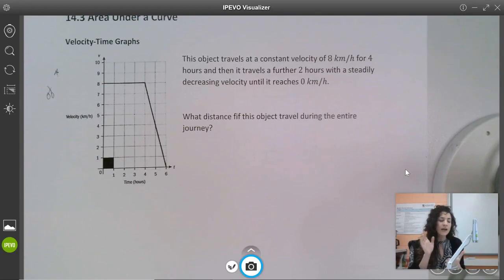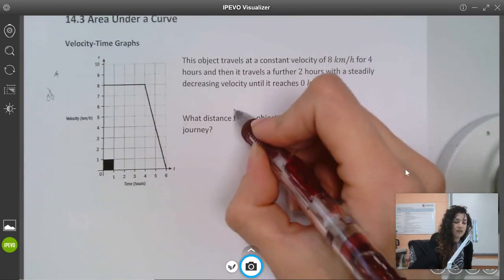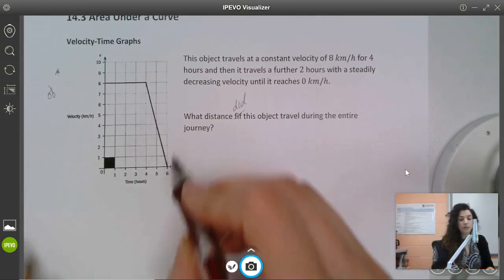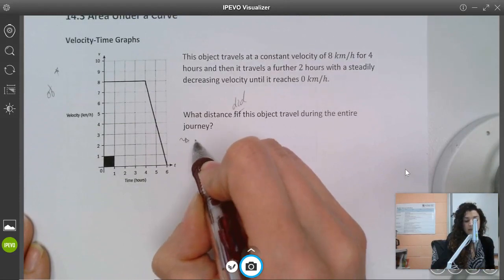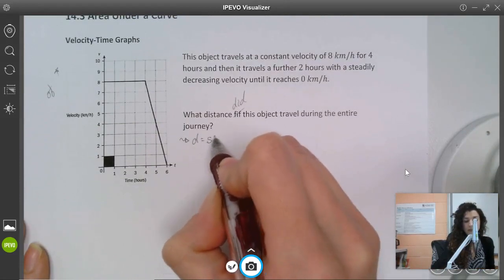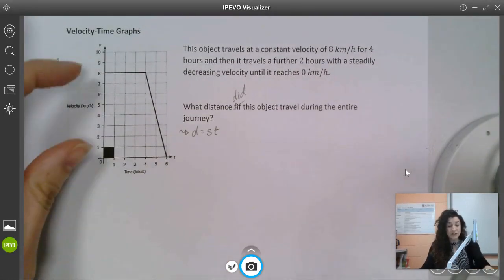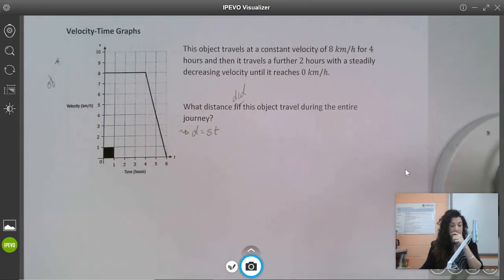So, what distance did this object travel during its entire journey? And so, if we're given velocity and time and we're asked to find distance, normally we would set up the relationship of distance is equal to speed times time. And your speed is your velocity, and your time is this guy right down here on the x axis. So, if we wanted to find